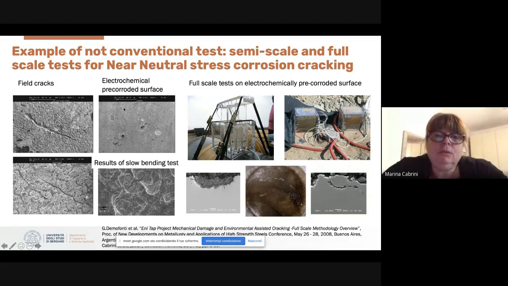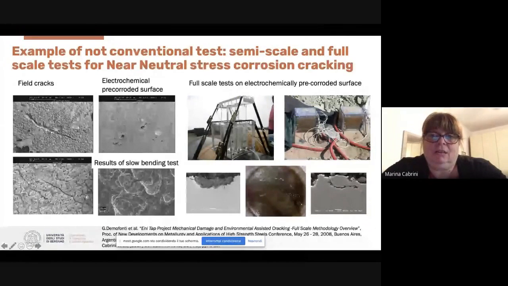In this case, we have done some experiments in order to have an electrochemical pre-corroded surface that reproduces conditions very similar to the field, and we can use this pre-corroded surface for slow bending tests, for example, in which we have the initiation of cracks in this localized attack, and we can try to reproduce this phenomenon using full-scale